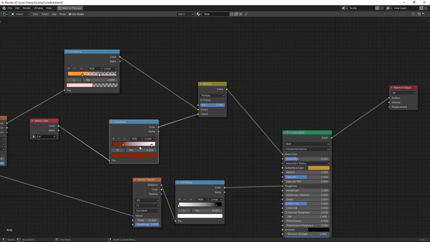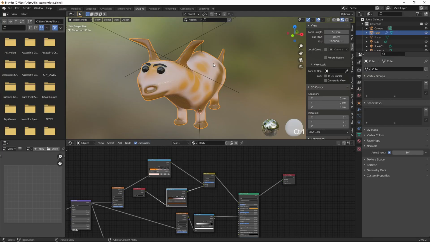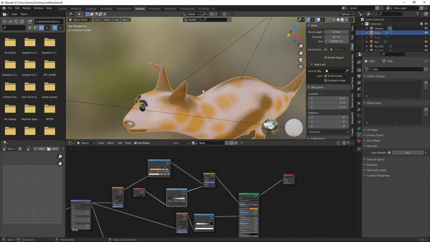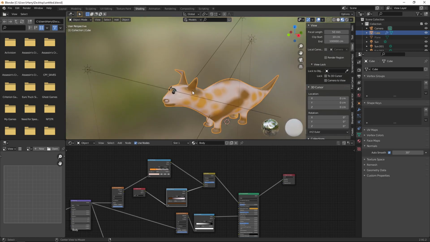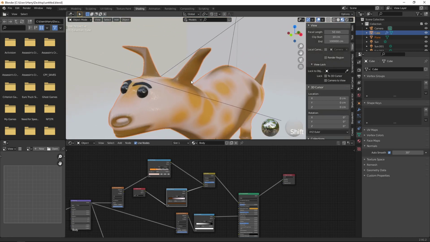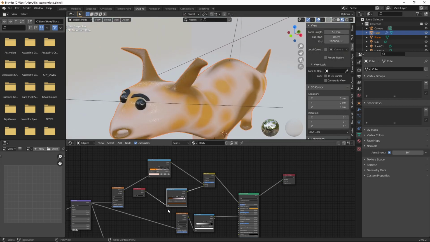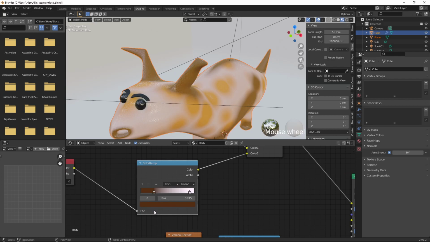Let's Ctrl space. I'm going to select brown color. Yeah, this could be okay. And let's see here, it looks different. Alt H to unhide everything, and it does not look like brown for us. So I try to zoom here.